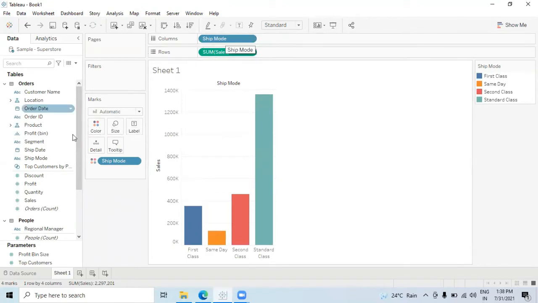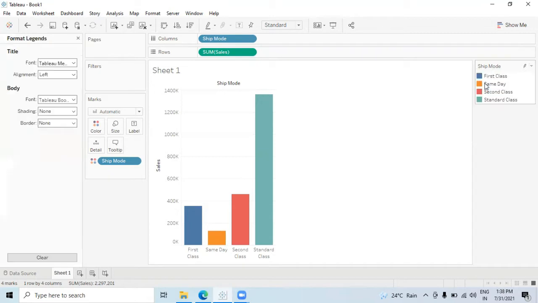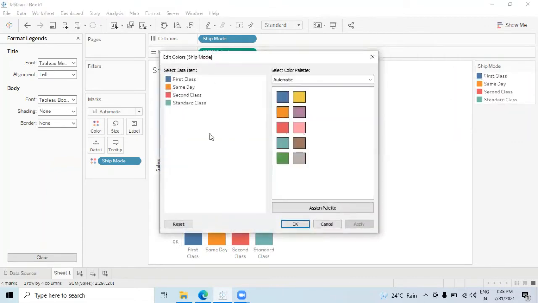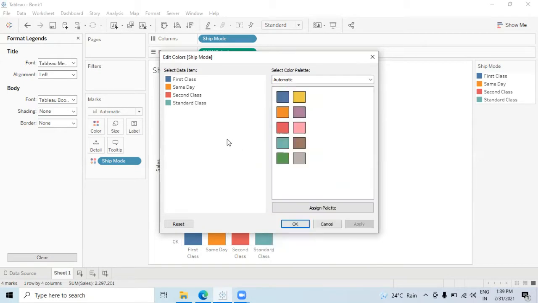Now, if I put ship mode into the color, which is a discrete field or a blue pill, I get this kind of color options. These are the colors which I can use. If I edit the color, these are the different color options I'm getting. So there are these kind of color options which Tableau already provides. Now in this, what if I want something of black color or some color which is not present over here? Not all the shades of color are present. There are a few shades which are missing. So I can't see a black color or a white color shade. So those shades are missing.